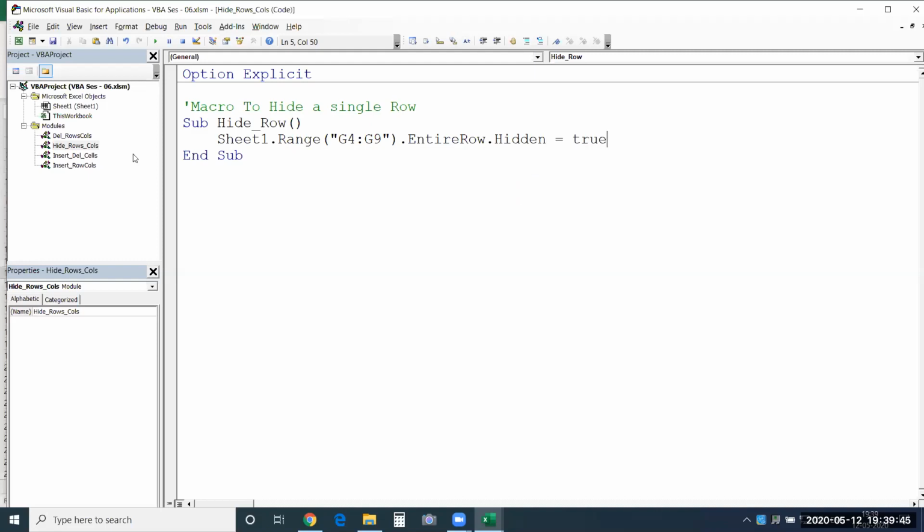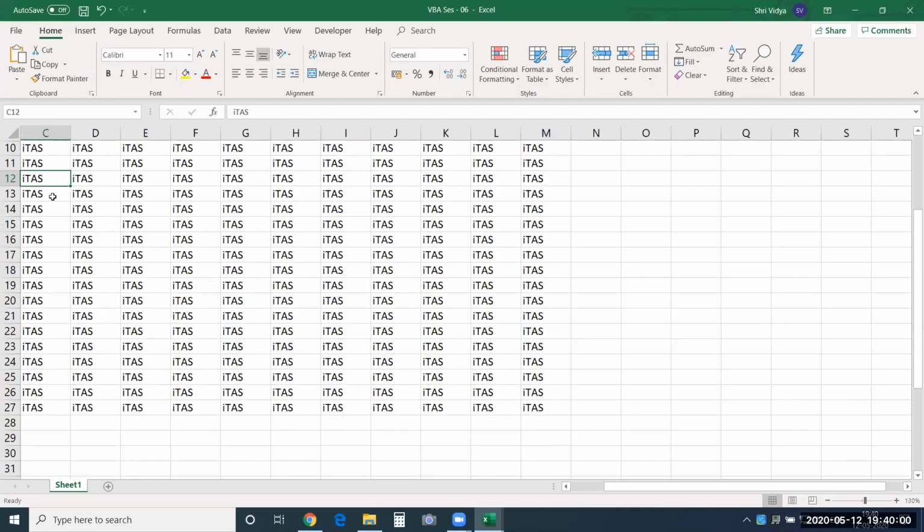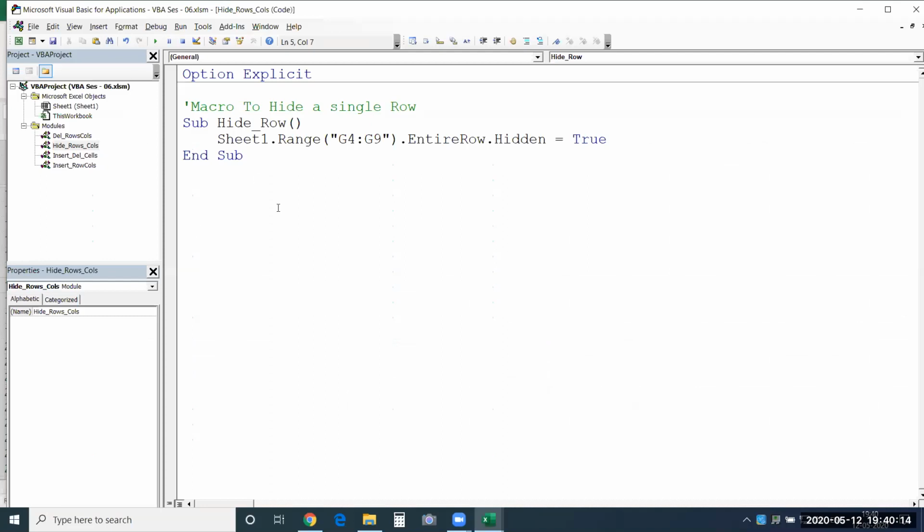and I'll execute this now. You can see rows from 4 to 9 have been hidden. They are not visible. Only the other rows are visible to us. So you can see here, just scroll it. You don't get to see from the 4th row to the 9th row. Now suppose I want to hide from column F to H. Let's see how to, okay,